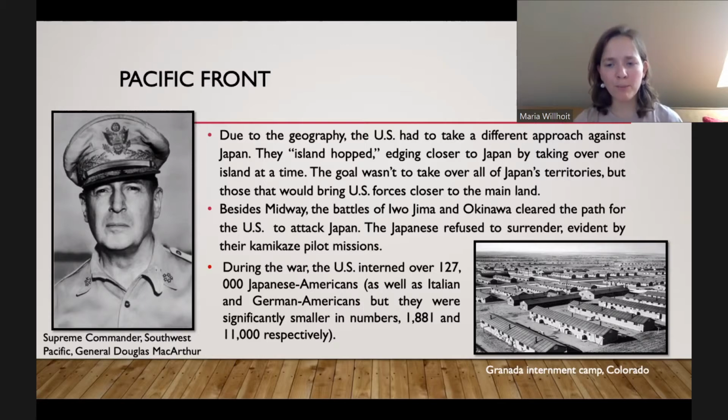Now, most of the people in these camps weren't American citizens, but many of them were. It was a mixture of people in terms of citizenship, no citizenship, green card. But regardless, it's a dark side of American history. And America did later apologize for putting the Japanese into these camps. And we even gave monetary compensation, but it came very late. I believe it came in the 1990s. So it took a very long time for us to apologize to Japanese Americans for this wrongful decision in our history.